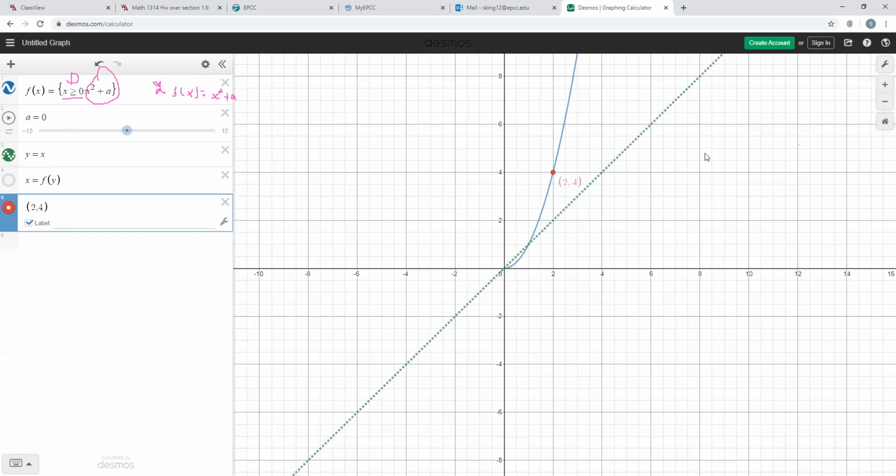And this function will have an inverse function, and this point on the original function, when you invert it, just like on our exercises we just looked at, the 2, 4 inverts, so the 2 and the 4 switch around, and you'll get 4, 2. And the point 4, 2